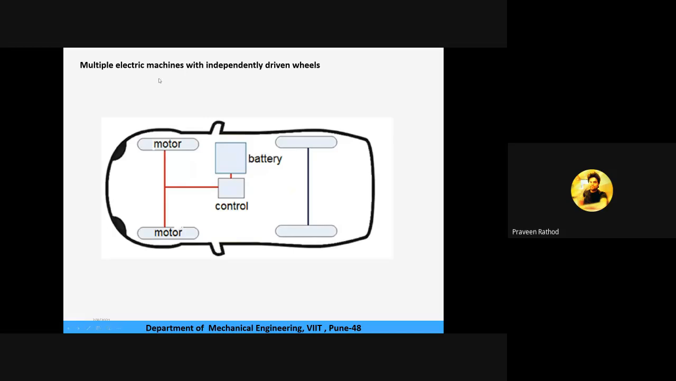So this is the multiple electric machines with independently driven wheels. The name itself says both wheels are independently rotating with the help of two different motors. Okay,